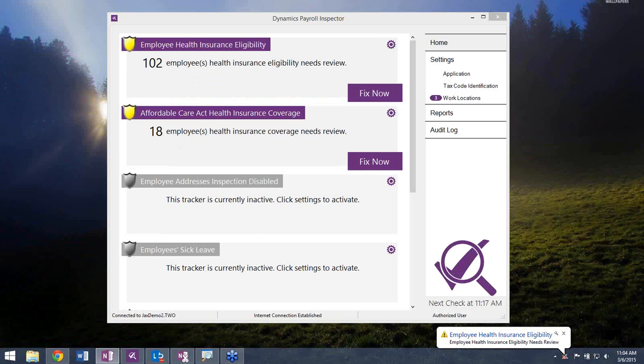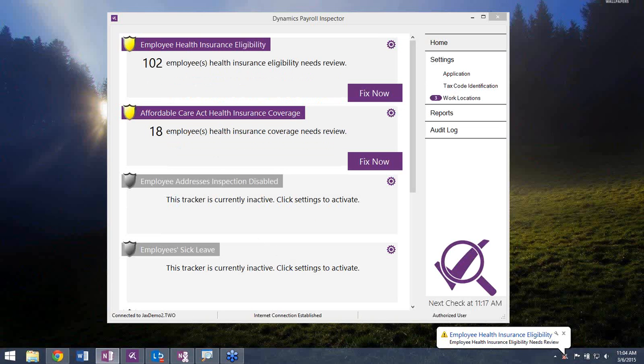What we have the ability to do now, with the new Affordable Care Act full-time status rule, is have that be one of the drivers for a benefit package. So we can put a rule in place that would make an employee be full-time before they're eligible for one of these packages. When an employee becomes a full-time status employee, they would be notified from the Greenshades system that they're now eligible for a benefit, and then they would be directed to our portal to enroll. So from the compliance tracking standpoint, the Payroll Inspector and the Benefits module will handle all of that throughout the year.